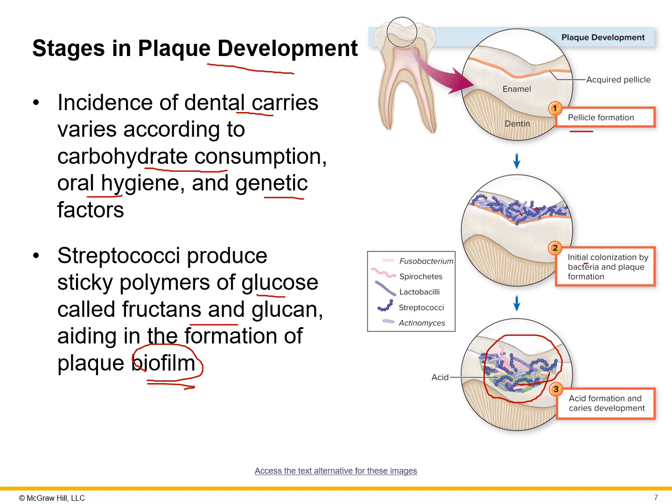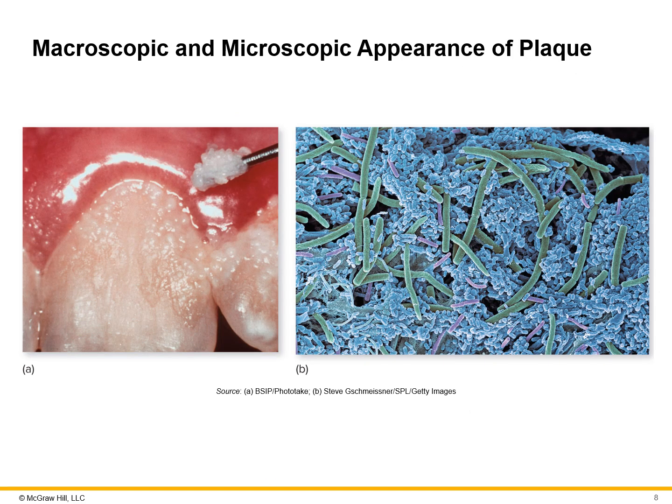They're releasing acids as they go through metabolism. That's breaking down enamel, and it just furthers the problem. And this is just looking at what we can actually see. So here's the plaque that gets removed. Of course, oral hygiene is so important, along with proper dental appointments to get that plaque out. But if we look at the microscopic level, we see this huge variety, this mixture of microbes that are in that biofilm.